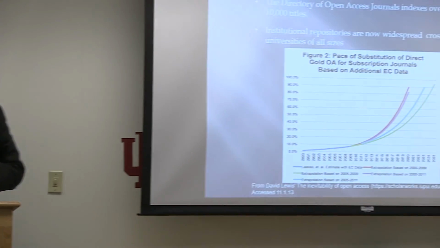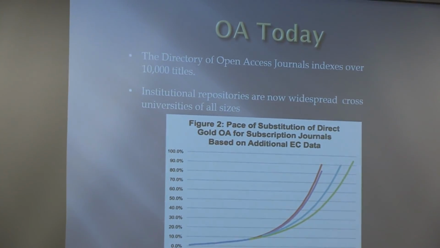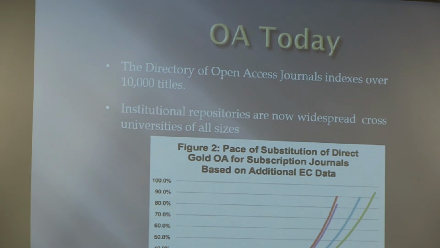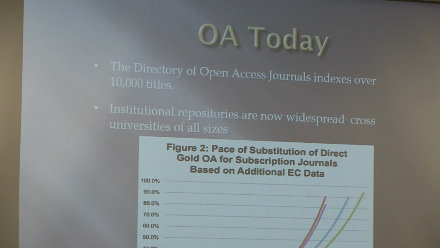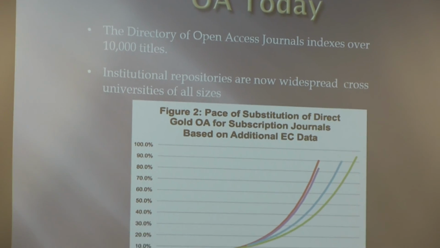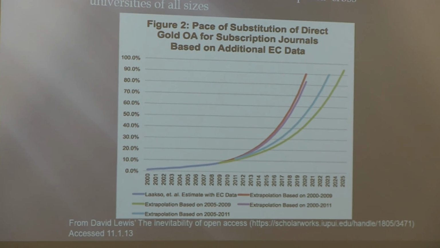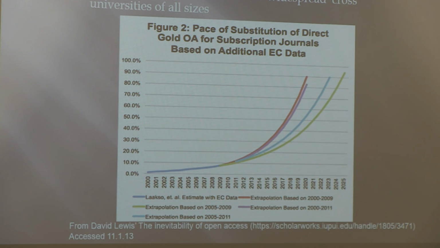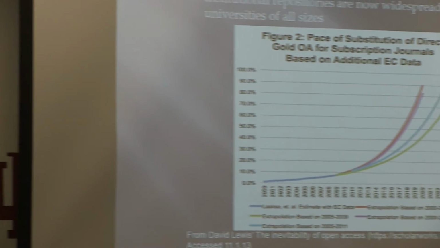So, OA today: the Directory of Open Access Journals indexes over 10,000 titles. Institutional repositories are now widespread across universities of all sizes. We're starting to build one here at IUSB. They're popping up around the IU system. This is from David Lewis's study about the inevitability of open access, looking at some extrapolated data and positing that it's possible that by as early as 2018 and as late as 2025, up to 80% of articles published could be open access, judging on the growth of OA journals, the growth of access to OA journals, and the fact that